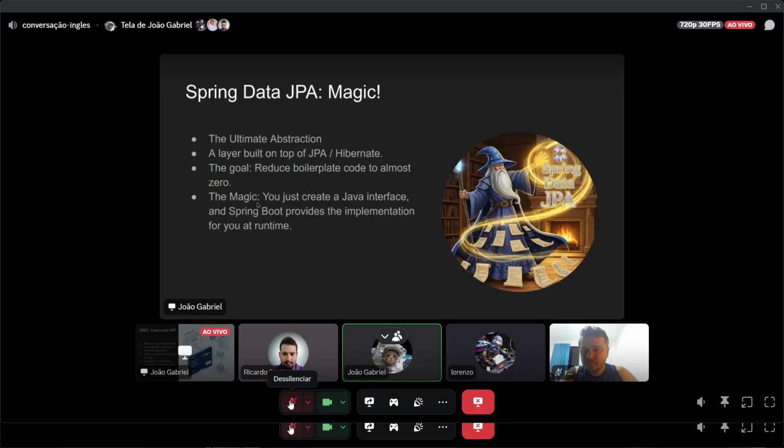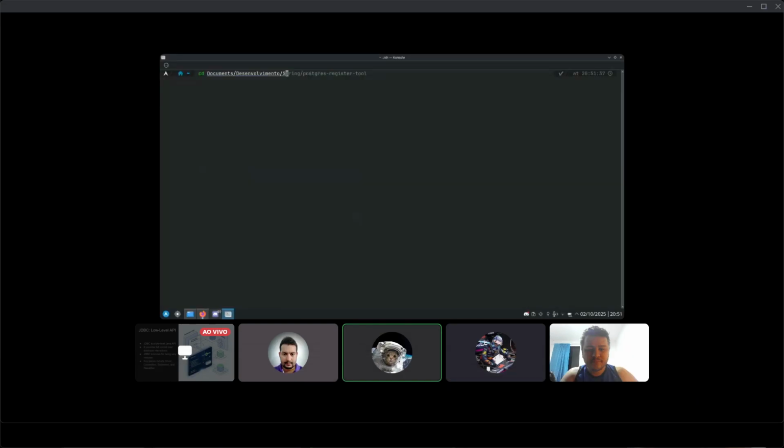Okay. I need to clone the repository because I do not have it on my machine anymore. And as we are approaching 9 p.m., I will try to go a bit faster. So I will clone it: cd documents, Java, maybe Spring, okay, then the Spring context, but whatever, git clone.